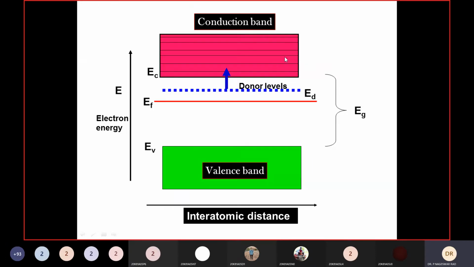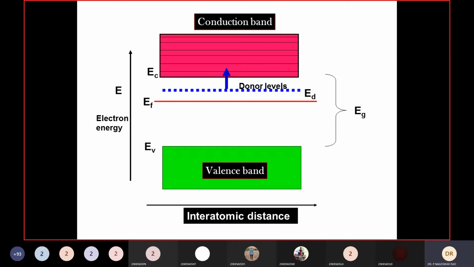In the conduction band, some electrons come from the donor level and some come from the valency band. Compared to the donor level electrons, the valency band electrons are very small, because these electrons require high energy to go to the conduction band. That's why, at a lower temperature,